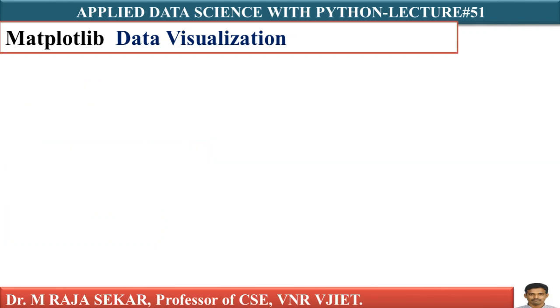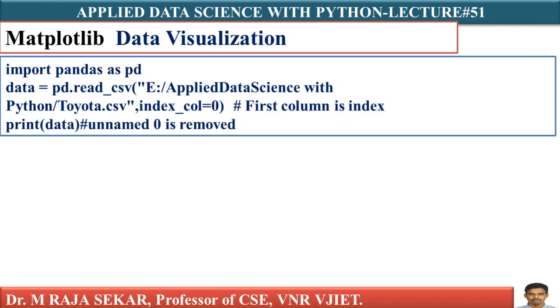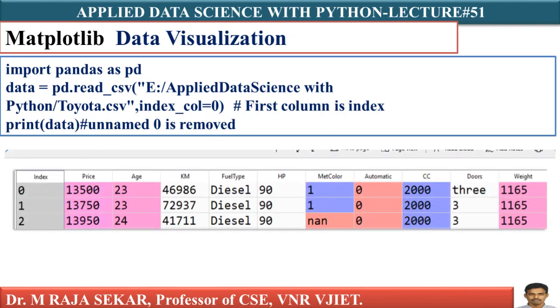We will try to understand this scatter plot with one simple program. Just see this program. It is a simple and straightforward program. Import pandas as pd. What does it mean? Import pandas as pd, I need not explain. We already discussed many times, isn't it? Now, data equal to pd.read_csv. I discussed this one many times, isn't it?